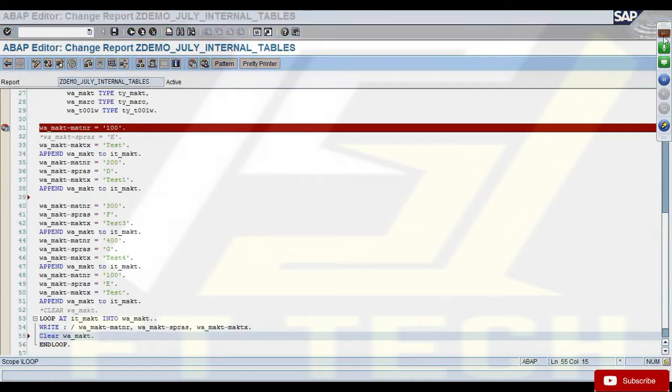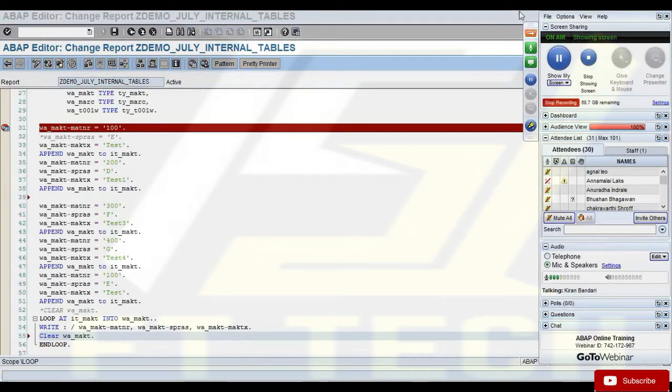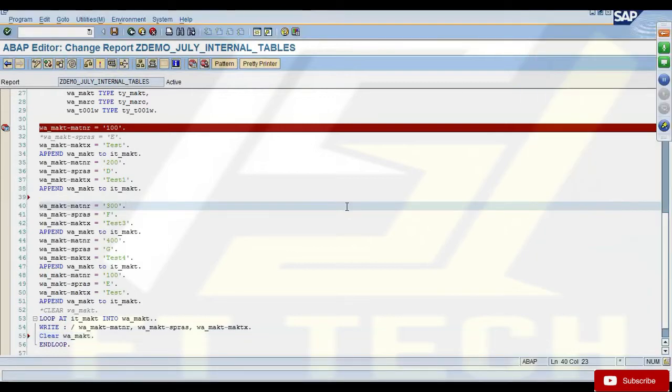So this is the basic of your internal table, how you use an internal table to process the data. To define the internal table, you can say type table of, that creates an internal table. But the only restriction is you cannot access this internal table directly. We always need a work area to process the data. So you define one work area of the same type as your internal table, and then to fill this internal table with the data, you first fill your work area with the information, then append it to your internal table. The same way, to retrieve the data that is there in the internal table, you can loop the table and bring one line at a time to your work area and then process that record.